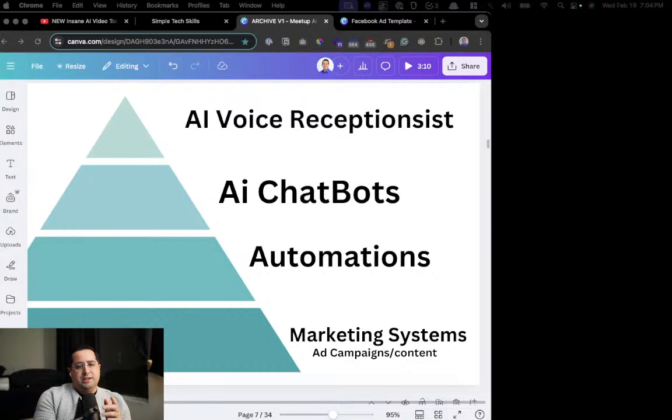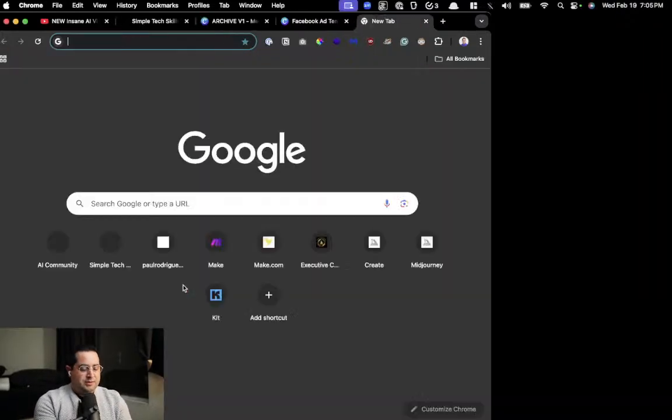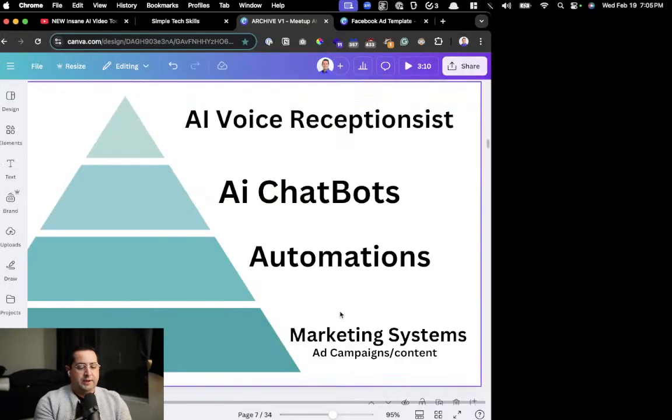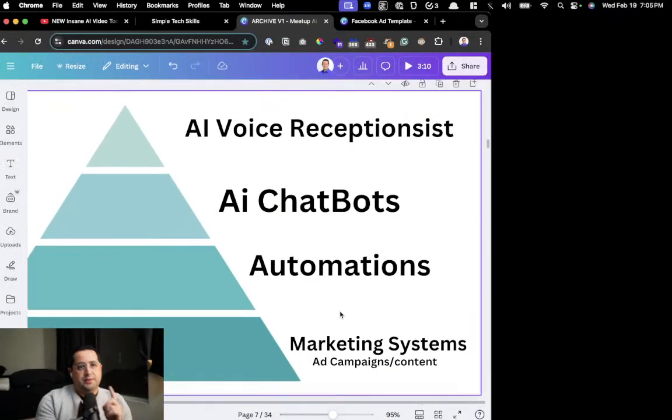Actually, Cash came first, sorry. Cash 404 says, what do you use to automate marketing with AI? Great question, Cash. Welcome to the AI family. The first thing, that's actually a great segue into the 4 pillars or the pyramid of AI for a business. These are the 4 pyramids, basically the journey that a business is going to take to leverage